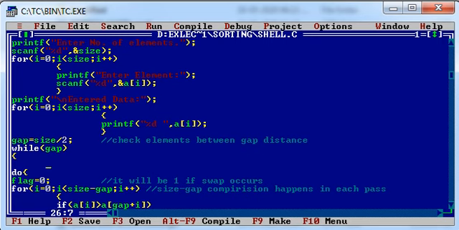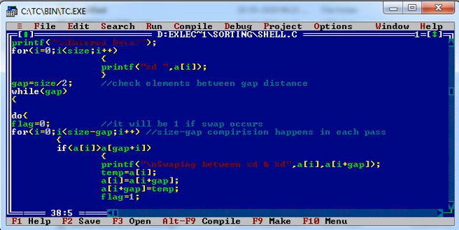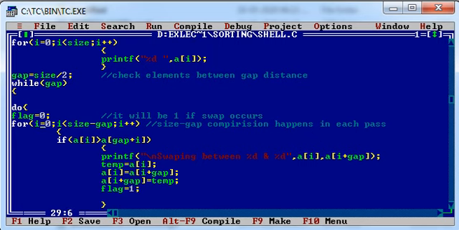Okay. So over here, this flag indicates that the swapping has not taken place. As soon as the swapping takes place, this flag will be changed to 1. As you can see, i is equal to 0, i less than size minus gap, and i plus plus.